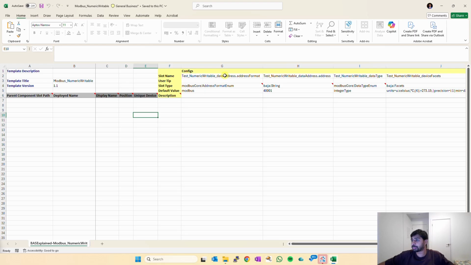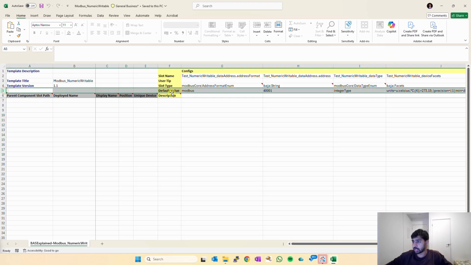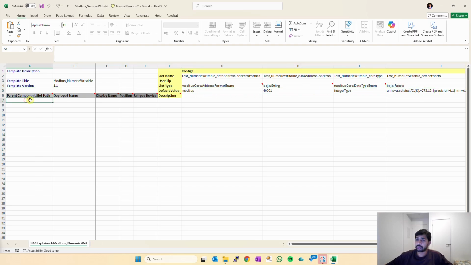What this gives you is that you can add in configuration of whether this is a Modbus address or some other address, what your register address would be, integer type, float type, all kinds of stuff. For reference, you'll see the default value of what it will be if you add a point and then create a template. So you'll need to put a slot where you want to paste all these